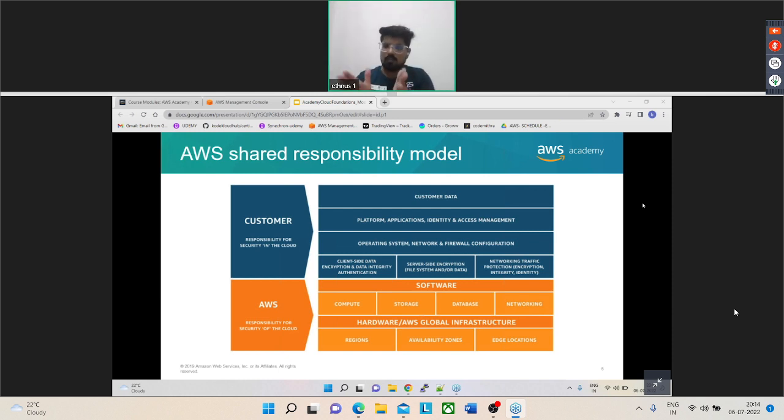So suppose a maximum of you are in college. In your college labs, you log in with your user ID. You don't have admin access. So if you try to download some software, you won't be able to because it will give you a permission denied error, since you don't have admin access. But an admin who has admin access can do any kind of configuration inside your system because he has full rights. In the same way, suppose I am giving admin access to a particular developer,